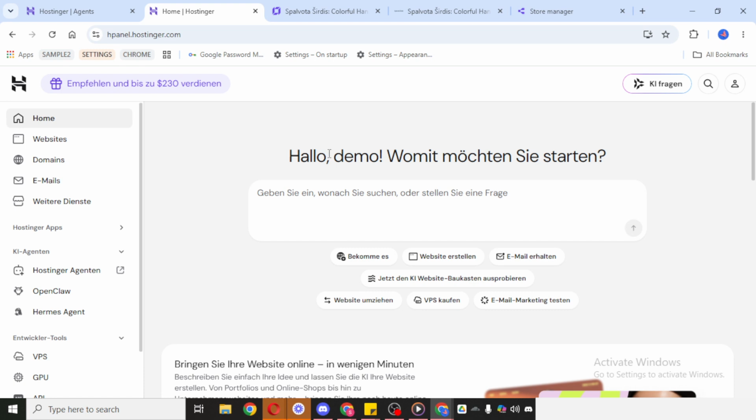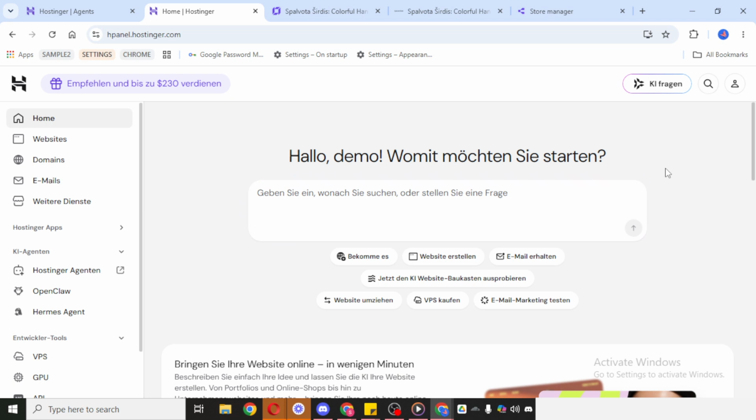If needed, wait briefly for the dashboard to refresh, so you can confirm the new language has been set successfully. If the language doesn't appear to change immediately, try refreshing the page manually. In some cases, a simple reload helps the platform display the updated setting correctly. Also, be sure you selected the correct option from the list before exiting the menu, and that's it.